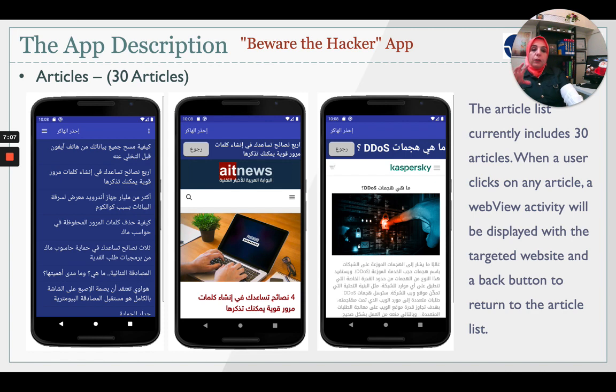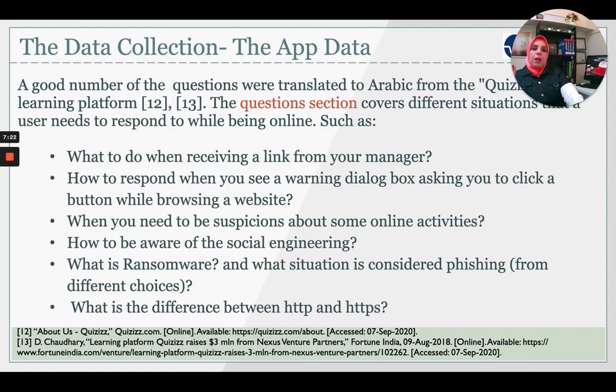Okay, so the next slide shows the article list, and for the articles the device needs to be connected to the internet, while for the questions and for the terms the user can work offline. Now for the app data, for the questions, we took the questions from a quizzes learning platform. We translated them to the Arabic language, and the questions cover different situations, such as what to do when